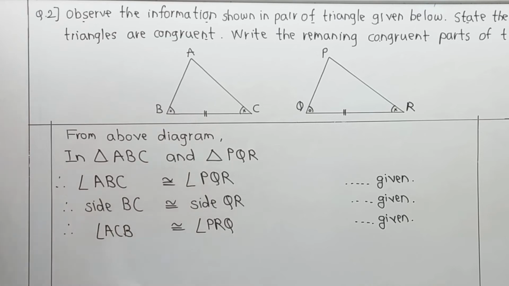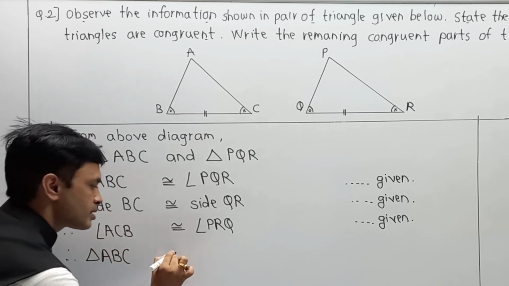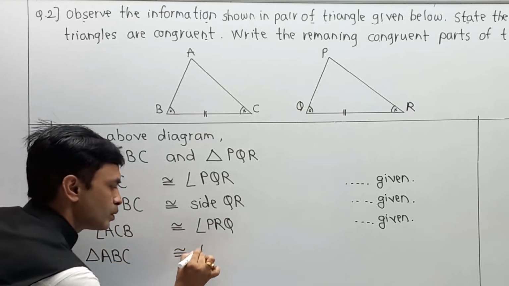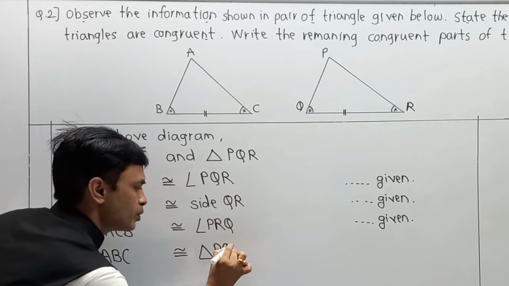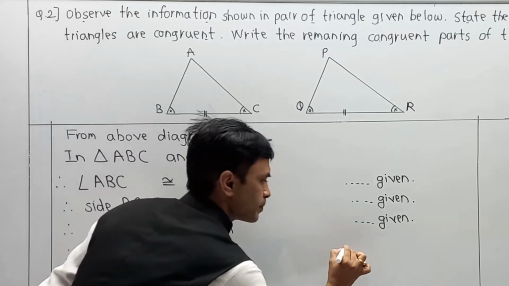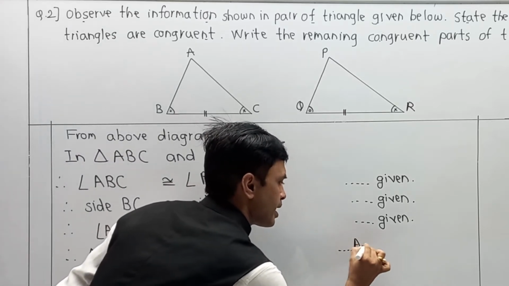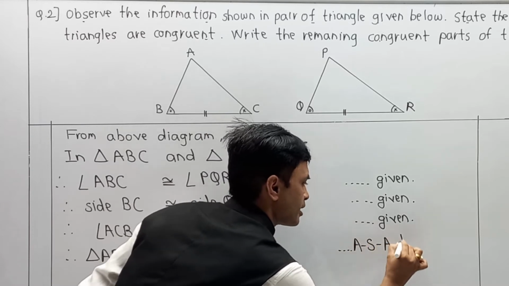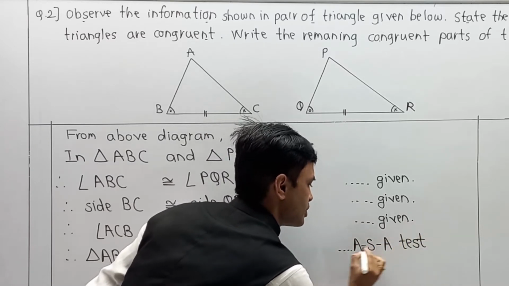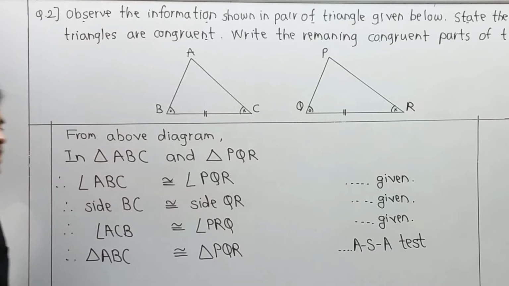So I am going to write the part. Therefore, triangle ABC is congruent to triangle PQR by ASA test of congruency. And in this way, first of all, we have declared the congruency